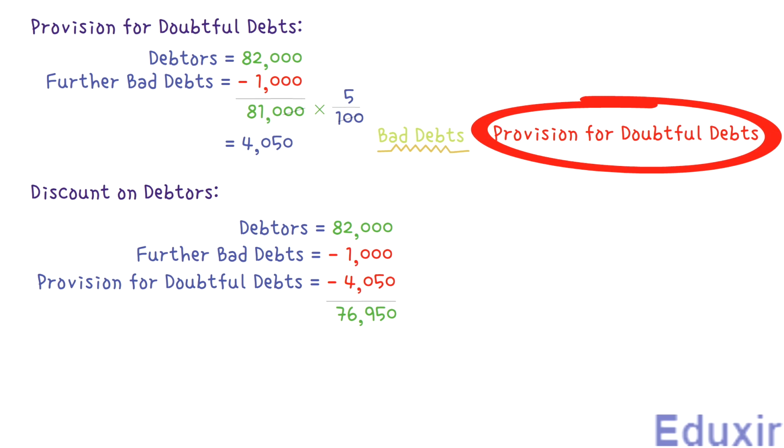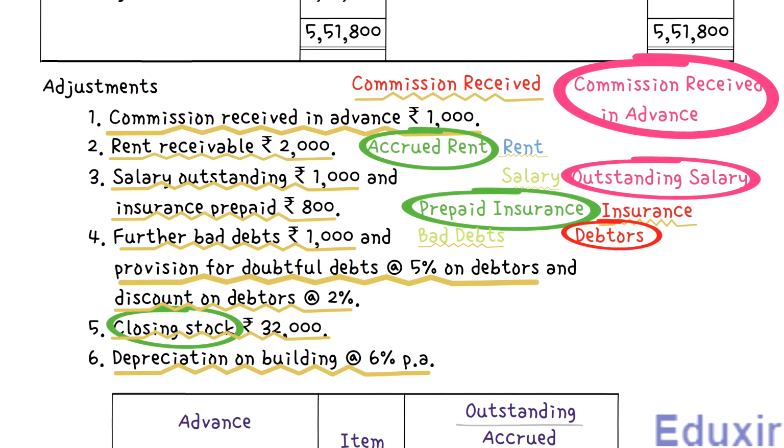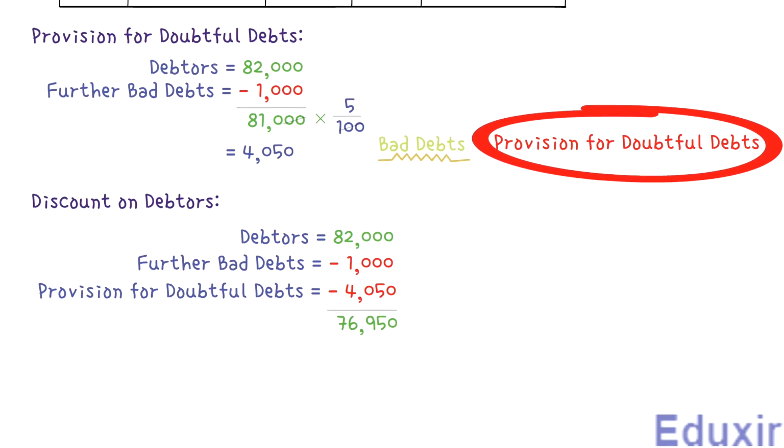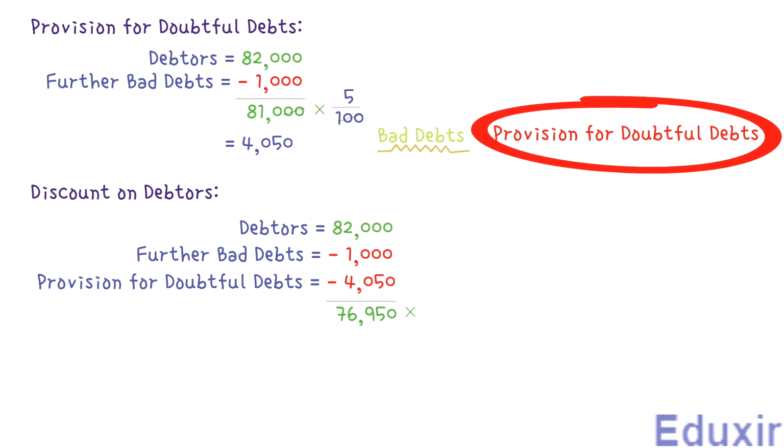Also note that we didn't consider the bad debts here. The debtors balance is given to us after excluding the bad debts, so we don't have to consider the bad debts again. It is only the further bad debts and provision for doubtful debts that we have to subtract for calculating the discount on debtors. Now as it is given that the discount on debtors is 2%, let us multiply this 76,950